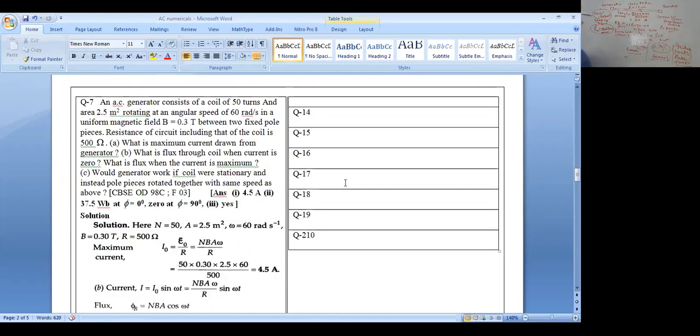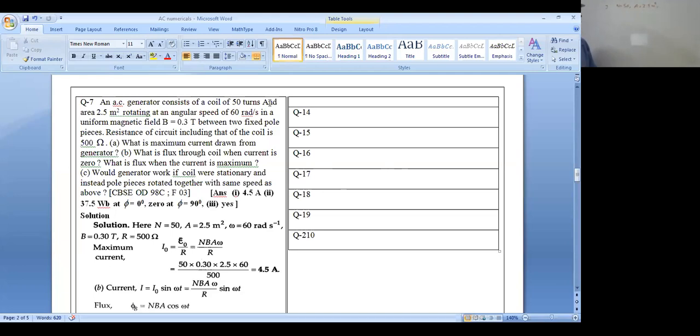There is a question on generator. This question 7: an AC generator consists of a coil of 50 turns, means N here is 50, number of turns in the coil is 50, and area of cross section is 2.5 meter square,